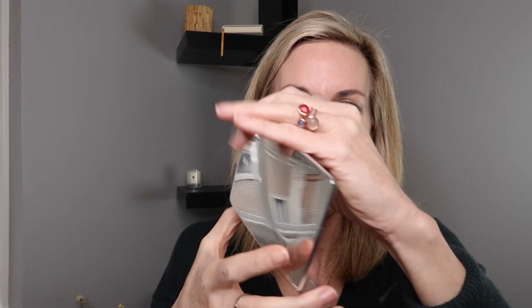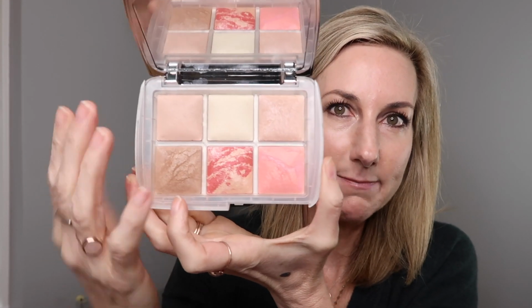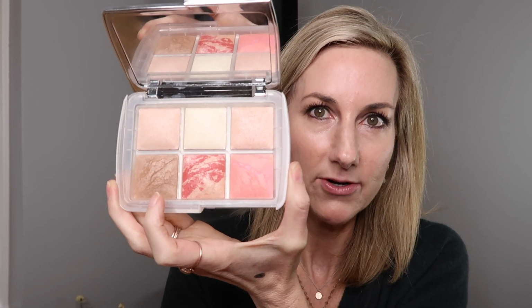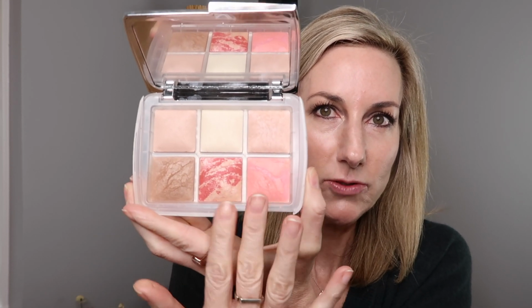and then another one of my most used holiday releases is the Hourglass Ghost palette. You guys, I love this. It is so fantastic for travel, but I also love this because these are just so beautiful. I'm a huge fan of the Hourglass powders in general, but I love this bronzer, and then these two blushes